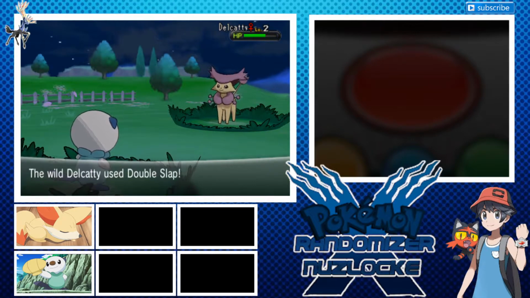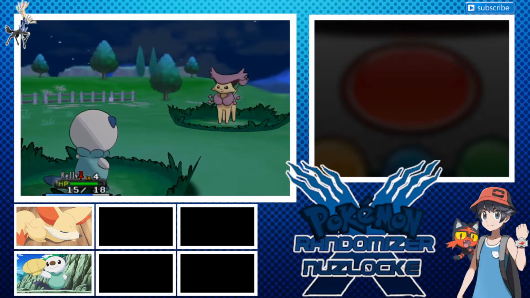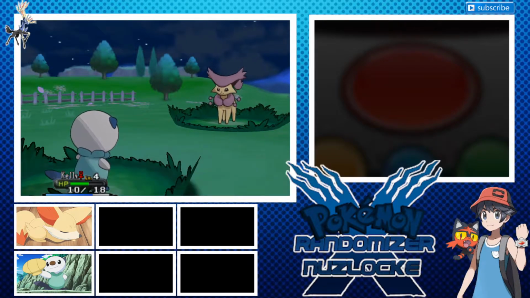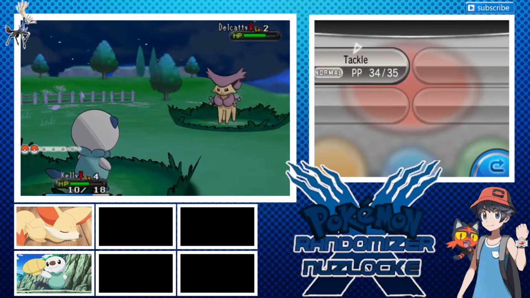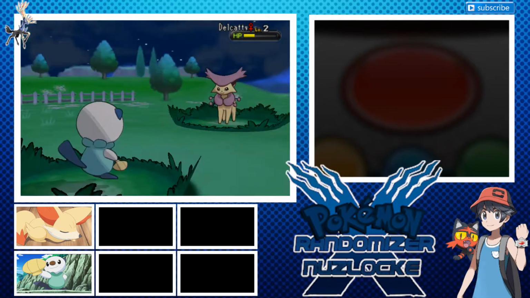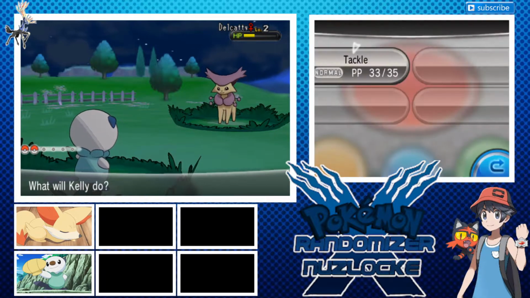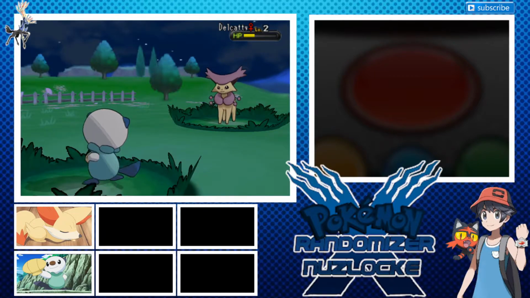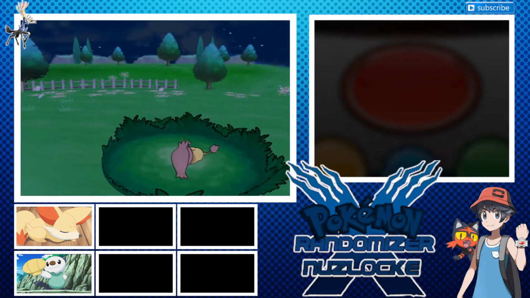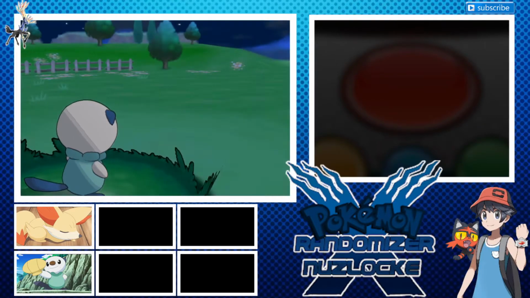Yep, that's more than enough damage there. Double Slap though. Crit? Alright, we're good. Is that crit again? And then the third one just does no damage. Fake Out, alright. We should hopefully kill on the next Tackle. There we go. Alright, hopefully that gets Kelly up to level 5, and we'll be able to head on into